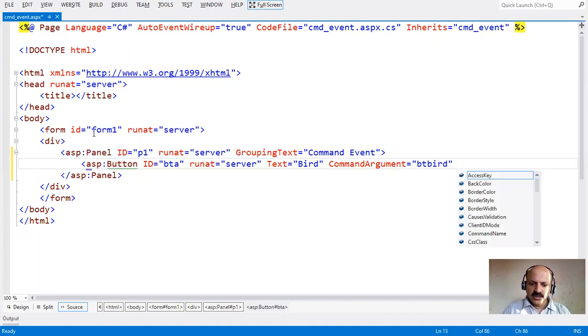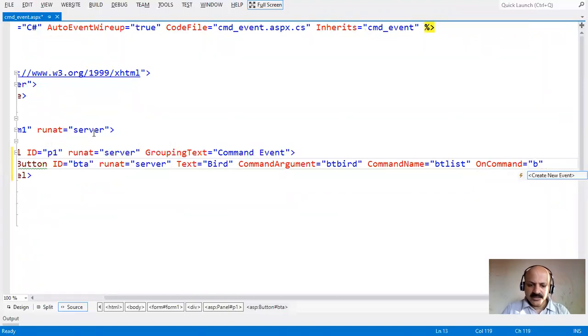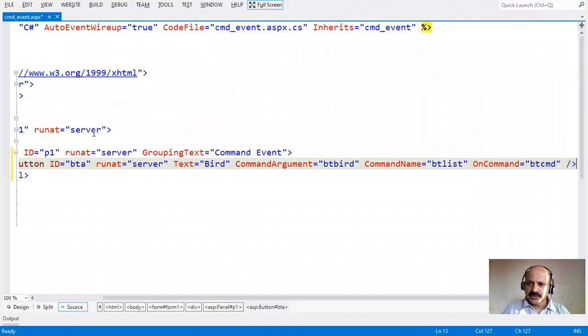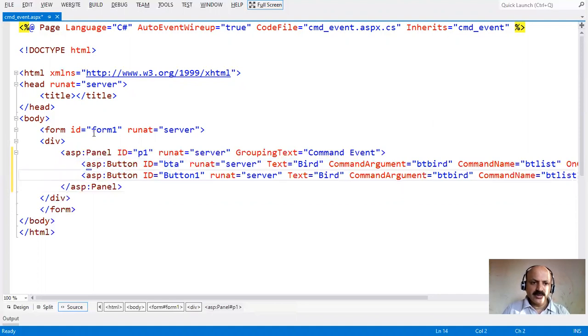So here command name like bt list and OnCommand event, and that is bt cmd. Okay, so here first button is completed, then take the copy and paste for second button or second list